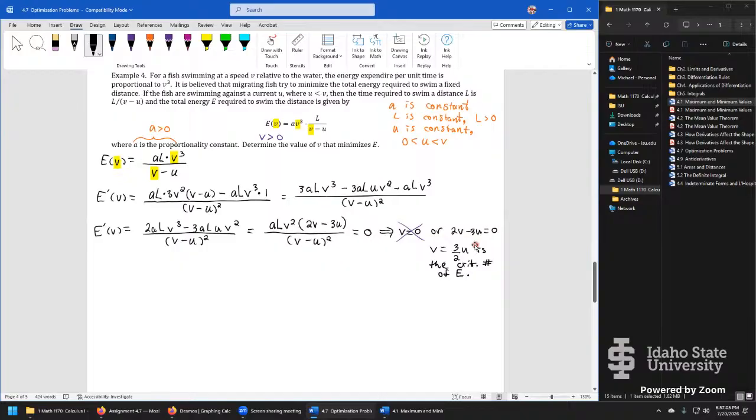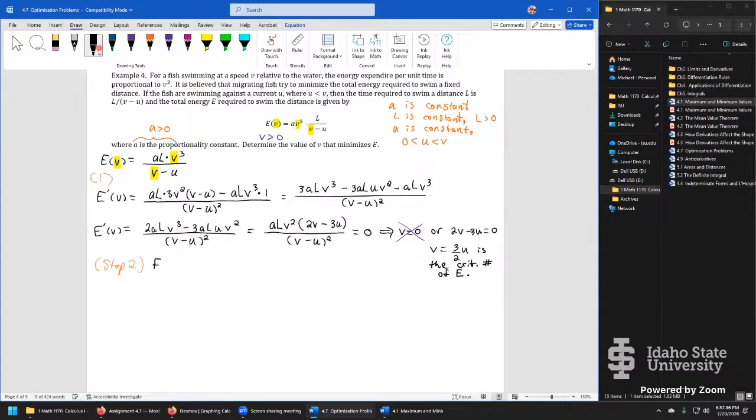If everything goes right in this problem, that's going to be the value of the velocity of the fish that minimizes its energy expenditure when it migrates a distance L. It says it should be 1.5 times the speed of the current. But we have to really prove that because we know things can go wrong. So now we're going to go to, this was all step 1. Step 2,